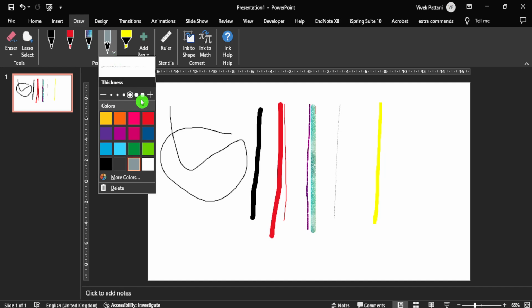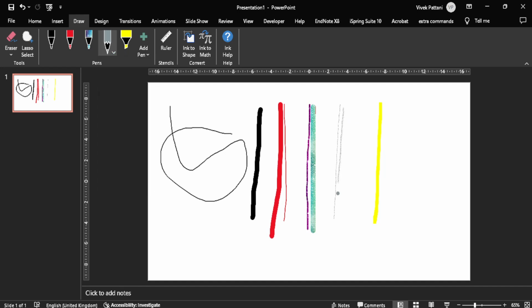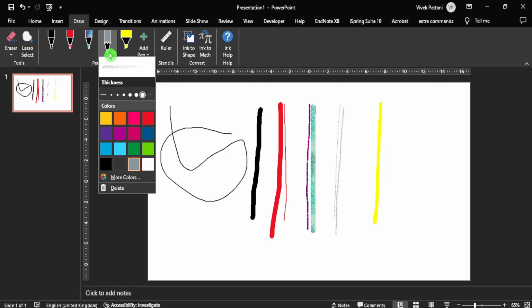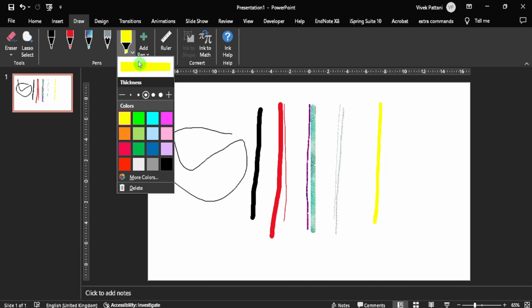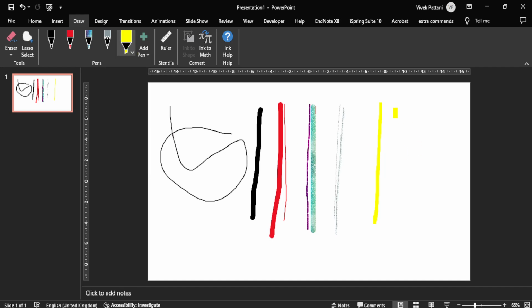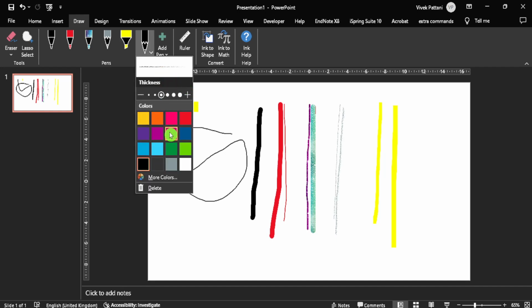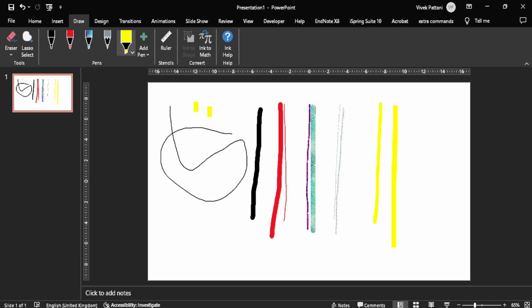Next, this also. So this option here works. Next, now if you want to add a pen or a highlighter, you can also select or create your own pen also. And if you want to use the eraser,